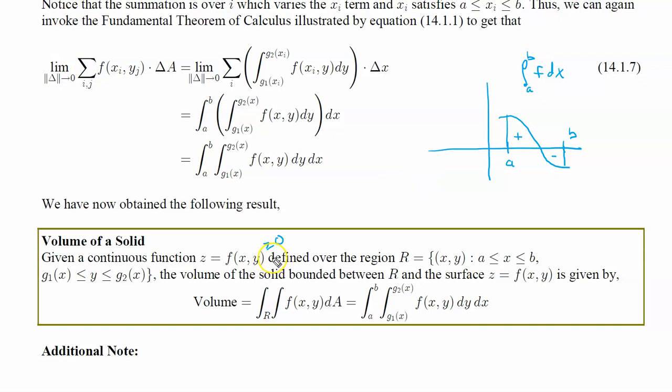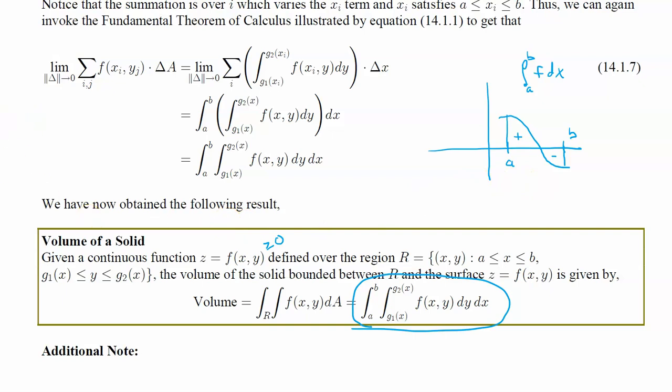Same thing for volumes. If your f of xy dips below the xy plane, then wherever the function is below the xy plane, that's going to have a negative volume. So this down here would equate out to the sum of the signed volumes, just like up here you get the sum of the signed areas. So just keep that in mind.